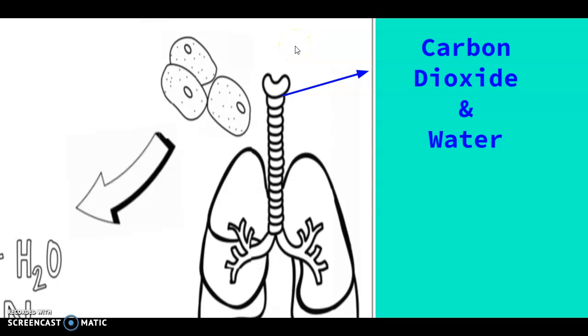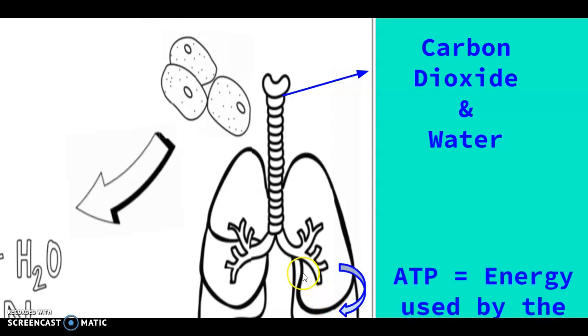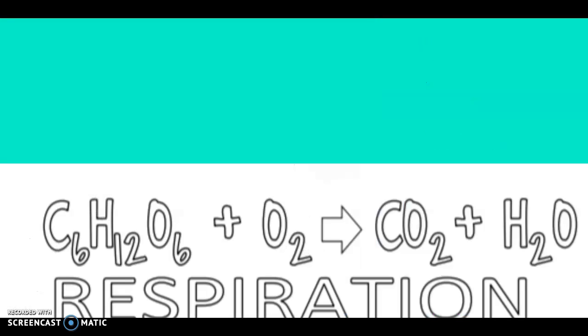So when we're looking at our lungs here, we can see our lungs, bronchial tubes, the bronchus, so we're going backwards here, the trachea, your windpipe, and then it can come out your nose or your mouth. Now the ATP that is created is going to be made and used by the body. So the ATP, we will make it and we will use it.